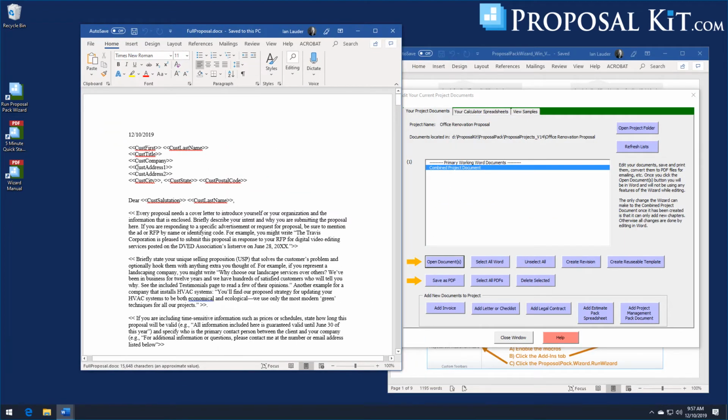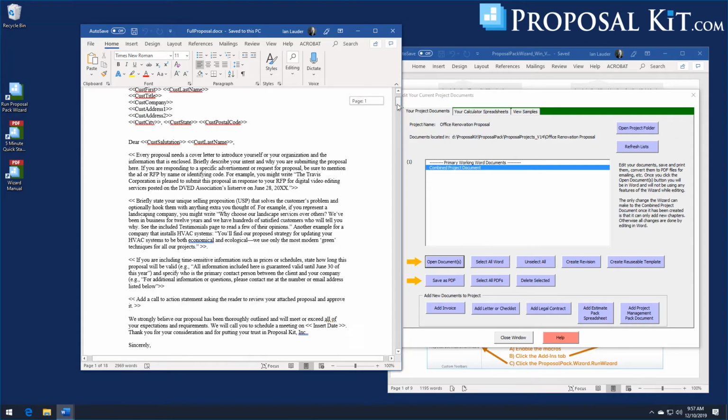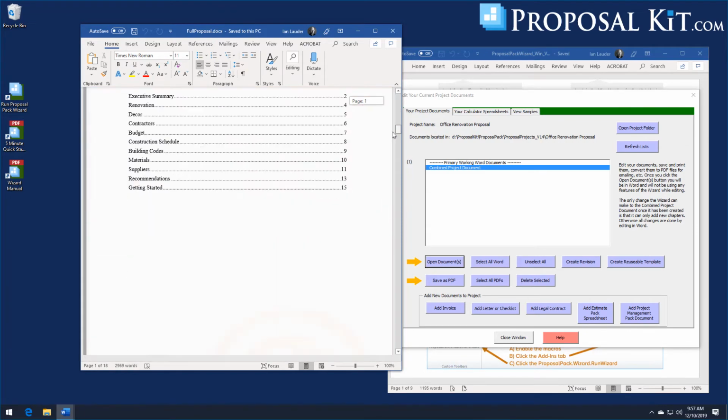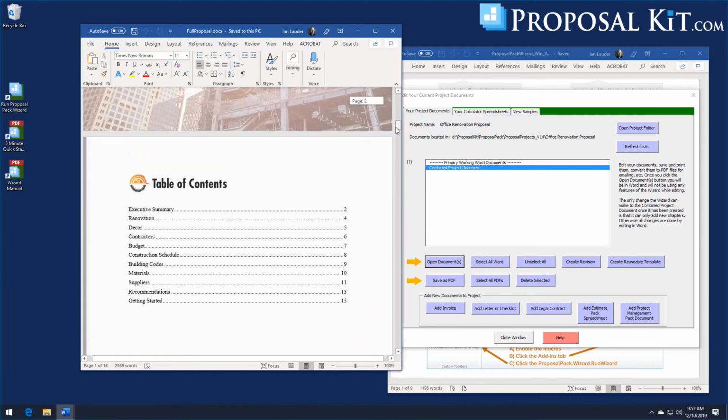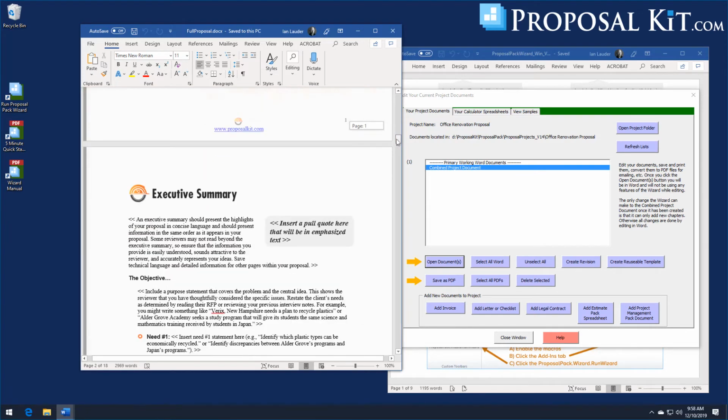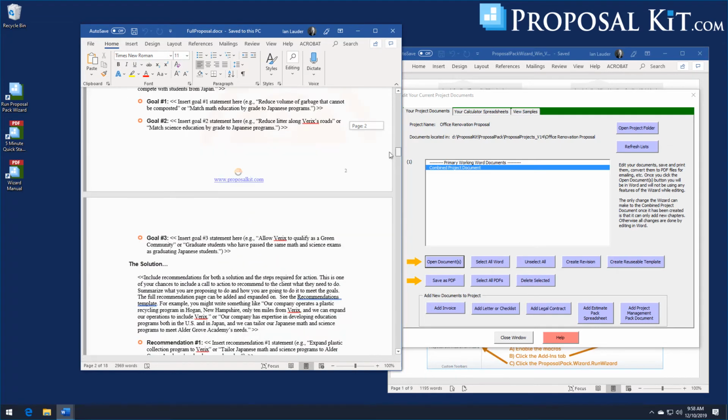And you'll see we didn't actually fill in the client data screen, so if you had, that data would get merged in these tags here. And here's the proposal using our Construction 6 design theme. You can see the table of contents, all the body pages, you can see the materials and the suppliers pages that we custom added. As you scroll down, you'll see the document is just a Word document ready for you